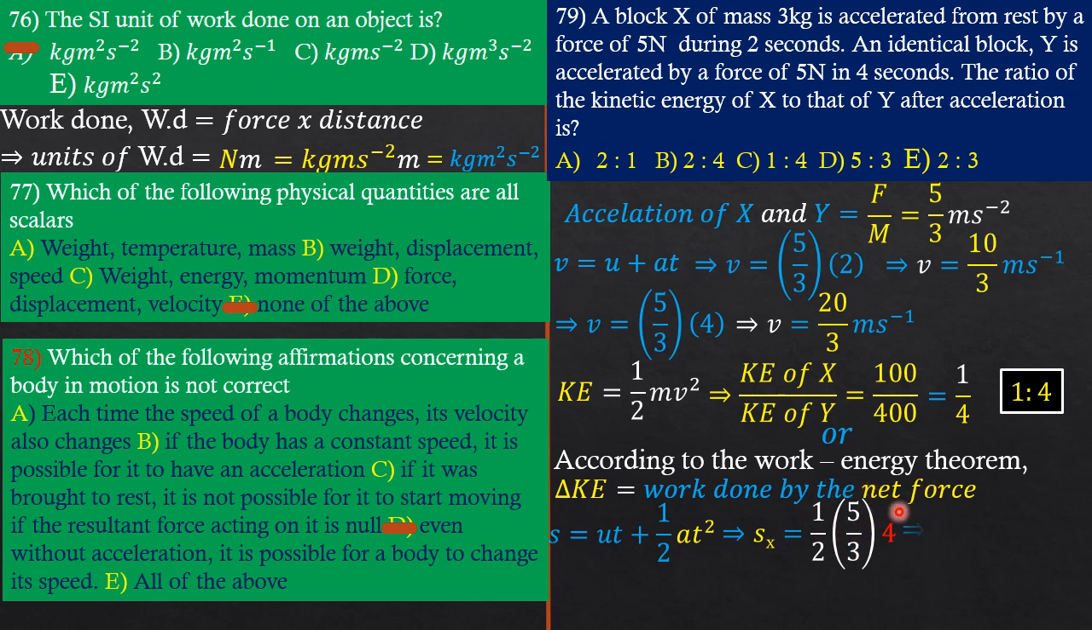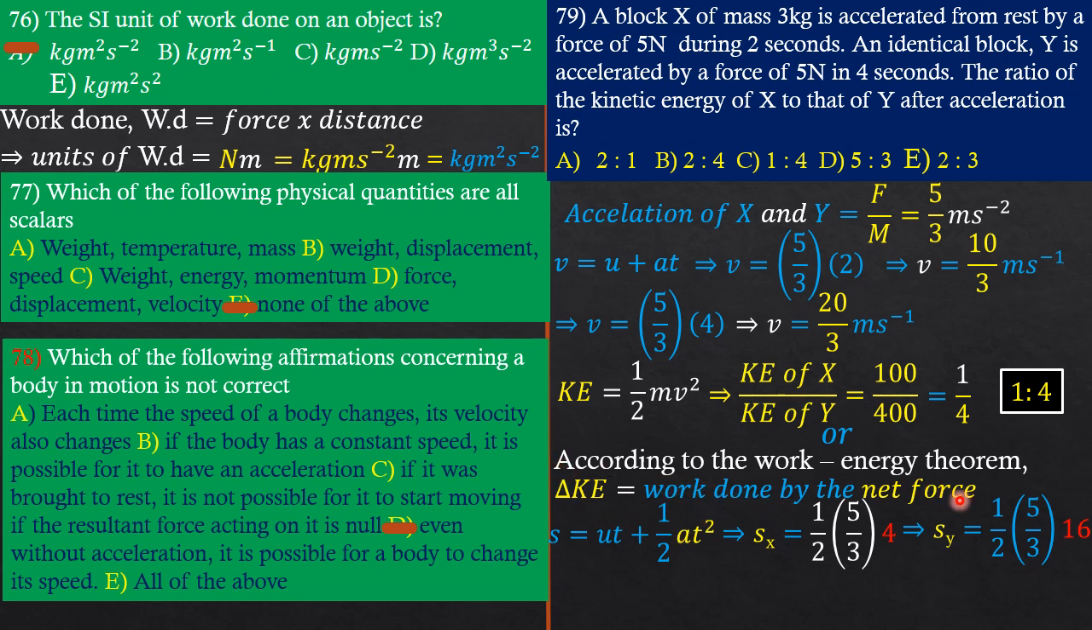Then, guys, the distance covered by block Y similarly is going to be 1/2. A is 5/3. The time is 4 seconds. So if you square that, guys, we are going to have 1/16. So we know that work done is simply equal to force times the distance, right? Since the work energy theorem simply says that the change in kinetic energy of a body is equal to